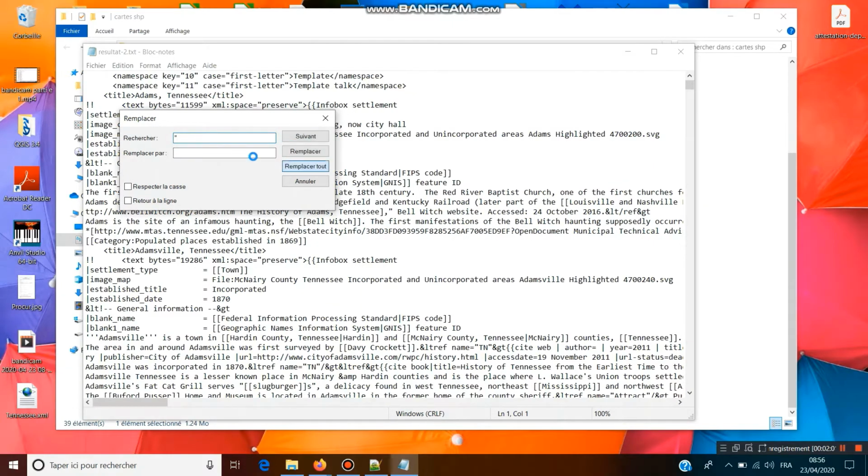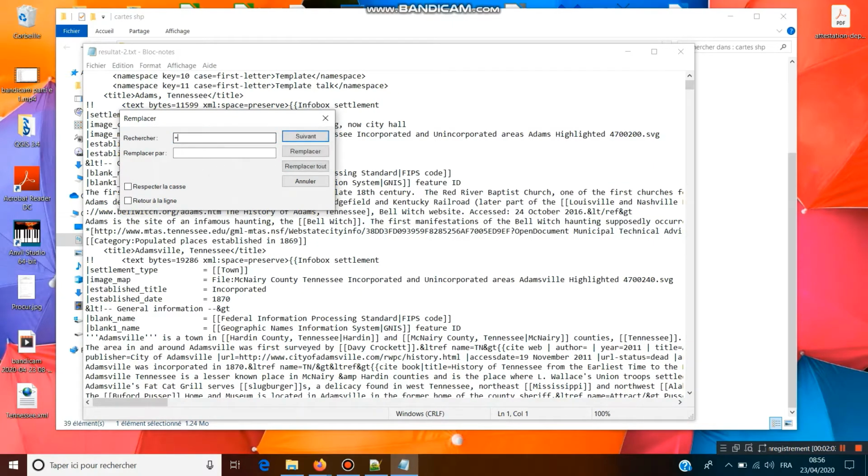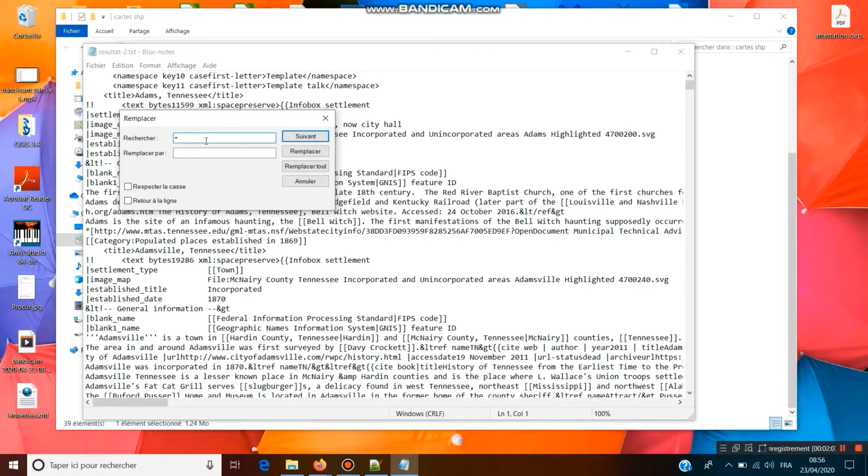Now in the file we'll replace all the semicolons, the double quotes, and the equal signs to not have errors while opening the file in Excel or LibreOffice.